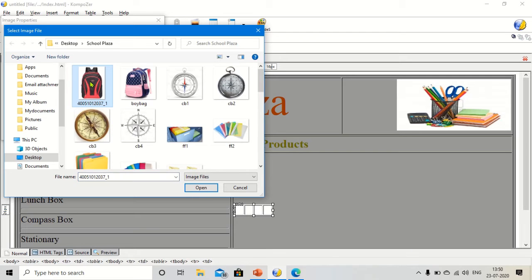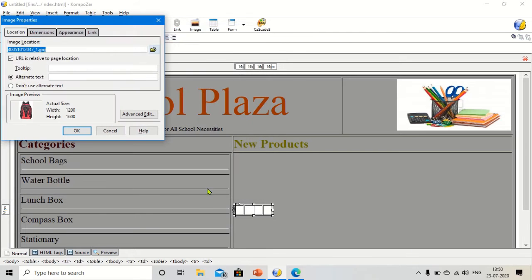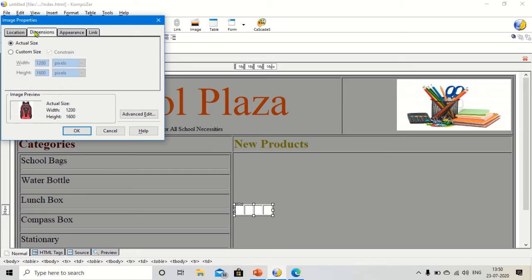So here I'm taking the first image, then change the dimension. I'm going to customize the dimension and make sure that you have unchecked this constraint, and here I'm going to give the width 280 and height 250.